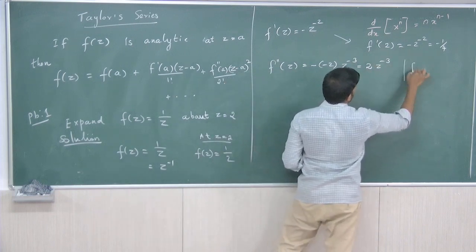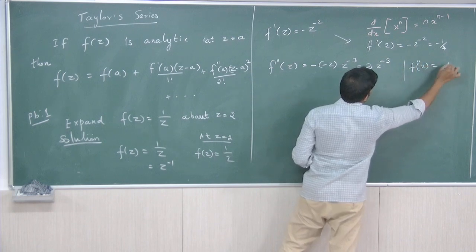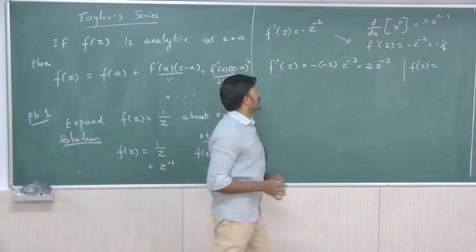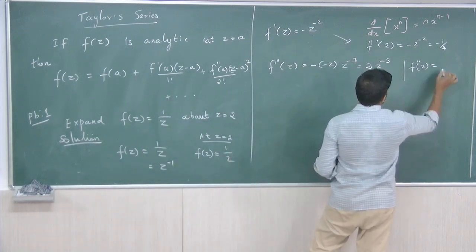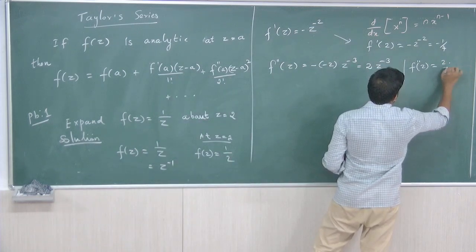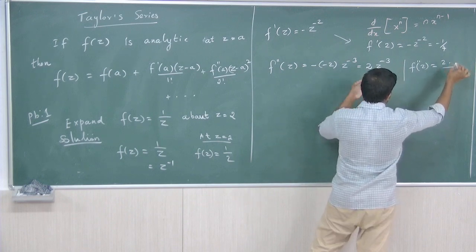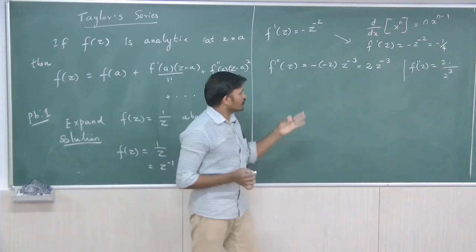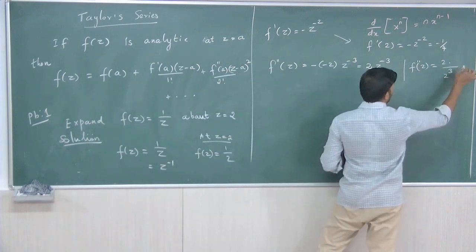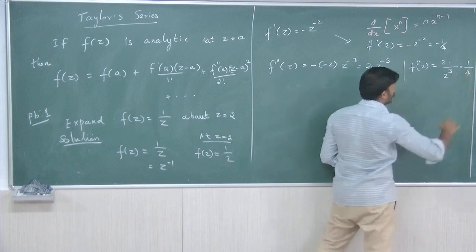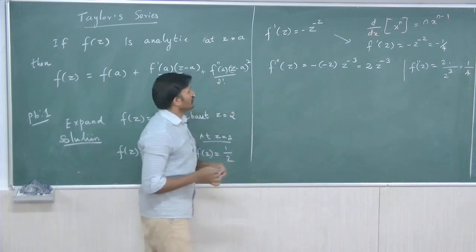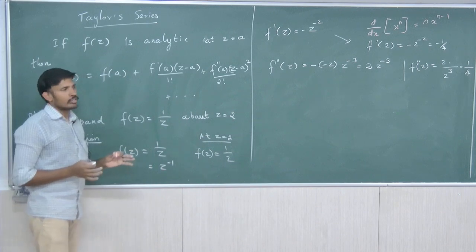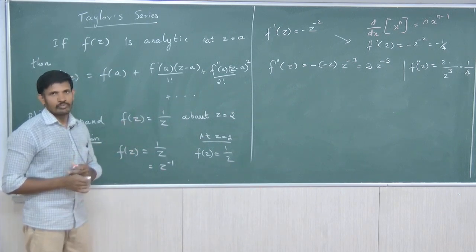So here I am going to substitute for f double dash of 2. I take z equal to 2 in this derivative. From that you get 2 divided by, 2 power minus 3 I am going to write as 2 power 3. You can cancel this term. If you cancel, you make it 1 by 4. So similarly you must find at least 3 derivatives, right?